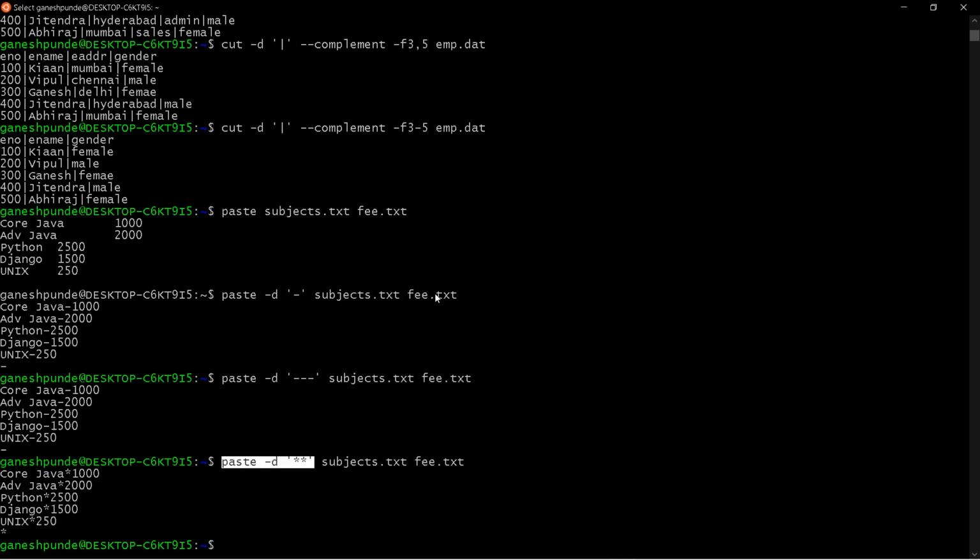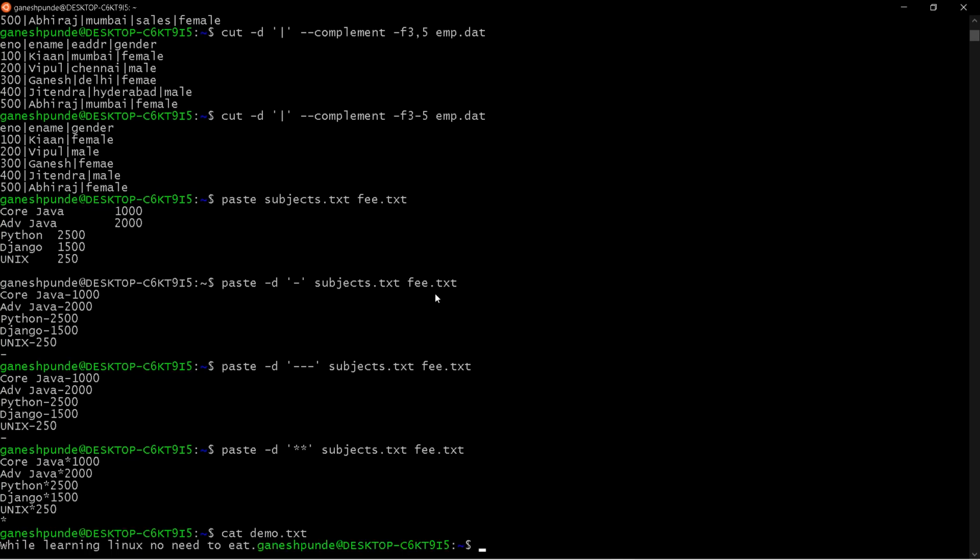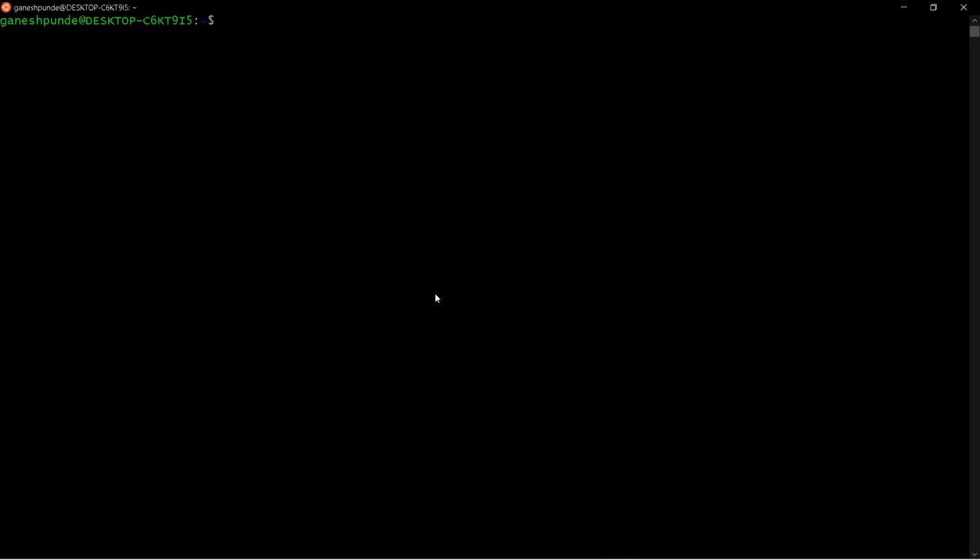So let's see the translate command. Let me see the data. The abbreviation or the shortcut used is tr, right?